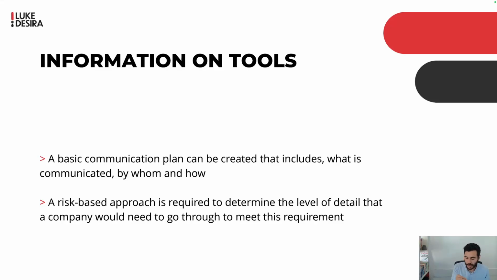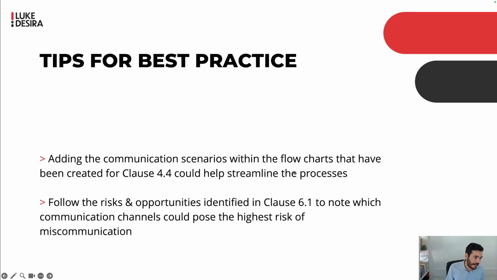So for example, here we're talking about communication. If we notice that someone has to do some type of communication, we can check if that person has, first of all, been informed about that communication, if they have been trained to do that communication, and if they're being reminded that they are responsible for that communication. So as you can see, here we are not creating documents. Here we're creating a system that works for us even when we're not looking. And that is what we're trying to achieve with this type of management system.